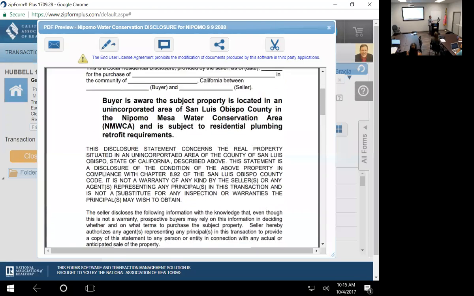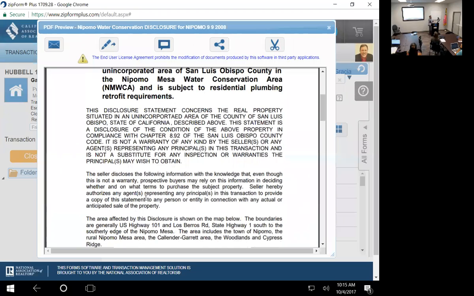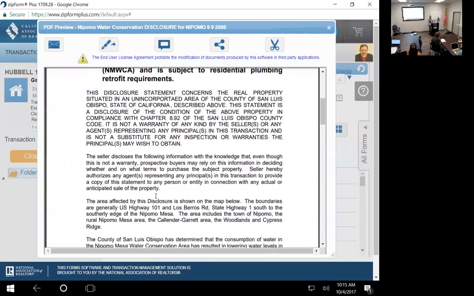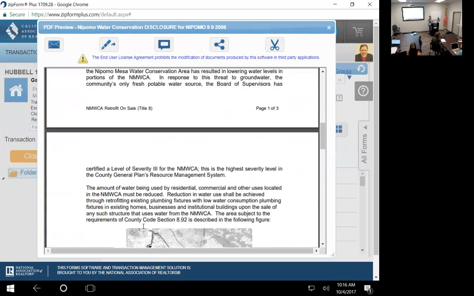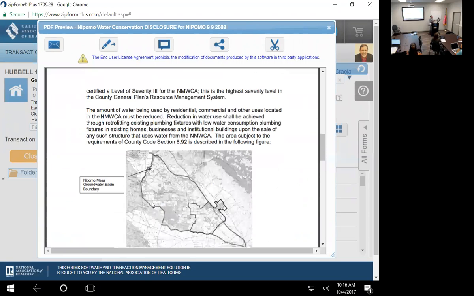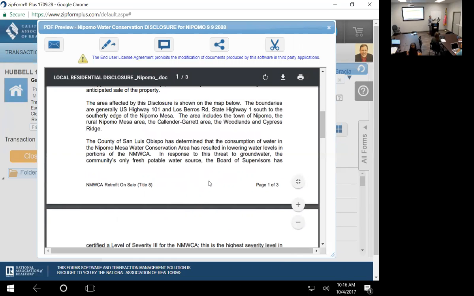And you know, people say that. It's like, well, it's a newer house. There's a lot of exemptions and all kinds of junk. So this thing actually has some disclosure about, hey, sometimes we run out of water. It's a more general disclosure than, hey, you need low flow toilets like City of San Luis or something. The amount of water being used by residential, commercial, and other uses must be reduced. Reduction in water use shall be achieved through retrofitting. So it mentions retrofit, but it talks about the level of severity of overdraft in the Nipomo Mesa water basin and all kinds of junk. There's a lot of stuff in this